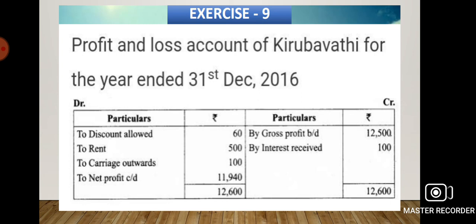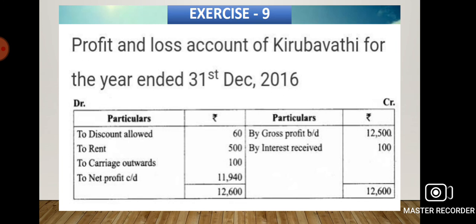So when we deduct, 12,600 minus 660, we get the remaining value 11,940. So the difference value is known as net profit. So net profit means